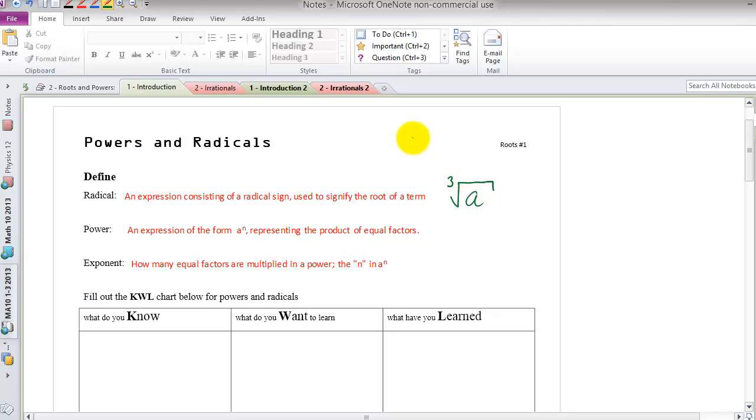I can give you more information. In this case, that is the index, and this is the radicand. And the whole thing is a radical. Power is kind of similar. If a to the power of n, that whole thing is called the power, where this is the base, and that is the exponent. So there's some introductory